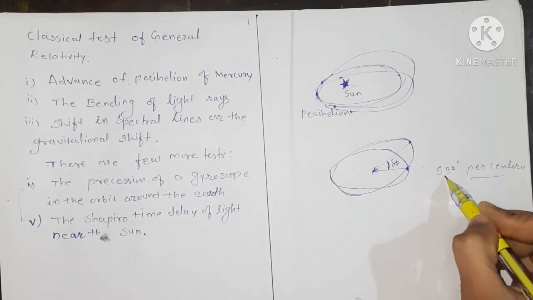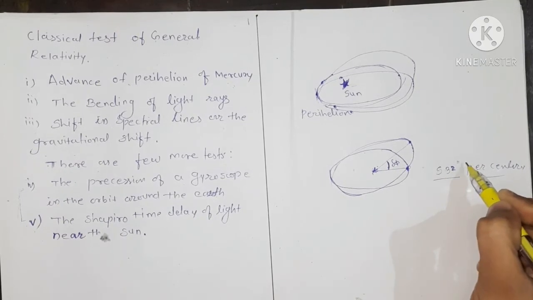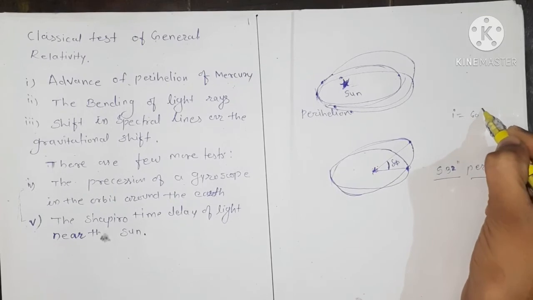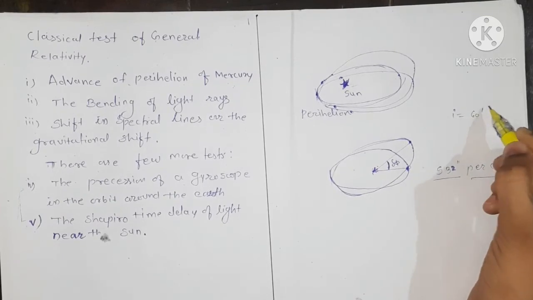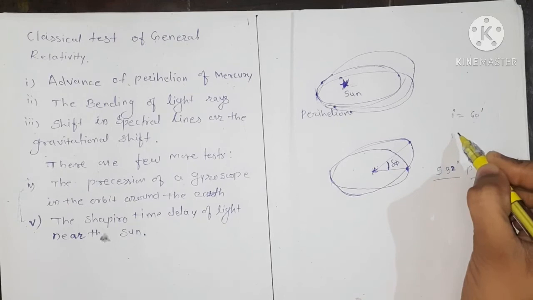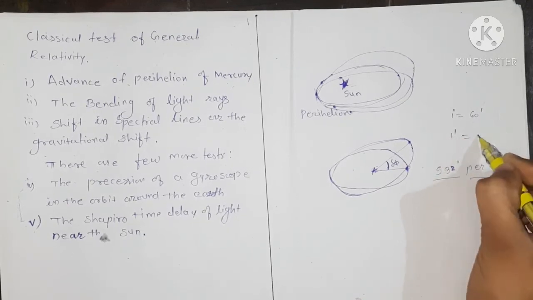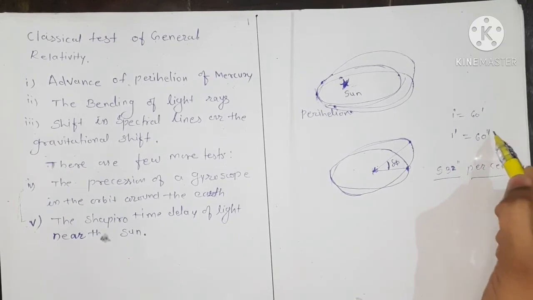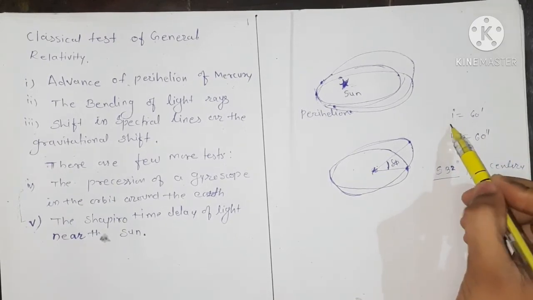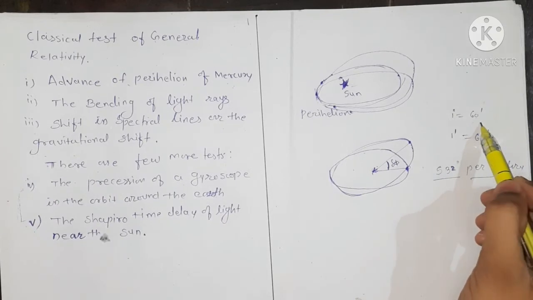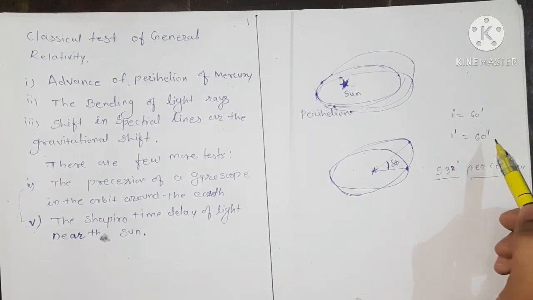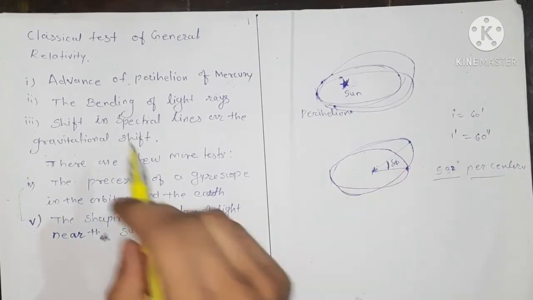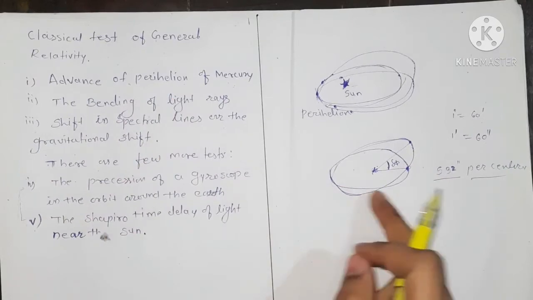Here the degree is measured in seconds, because we know that 1 degree is equal to 60 minutes, which is denoted by 60 dash, and 1 minute is denoted by 60 seconds, right? So here it is double dash. That is the relation between the degree and the minutes, and between minutes and seconds. Okay, so this is about what is meant by the advance of perihelion, the shift in the elliptical